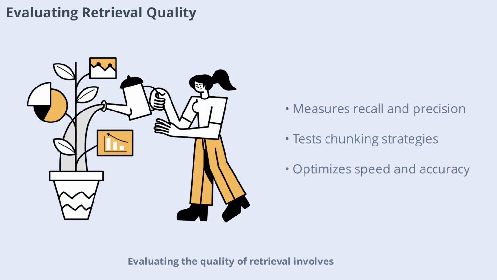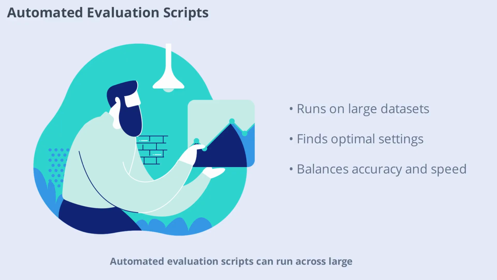Evaluating the quality of retrieval involves measuring metrics like context recall and precision. By testing different chunking strategies and database configurations, teams can optimize their RAG pipelines for both speed and accuracy, ensuring that users receive the most relevant information. Automated evaluation scripts can run across large datasets to test different chunk sizes and overlaps. This helps teams identify the optimal configuration for their specific use case, balancing retrieval accuracy with system latency and resource